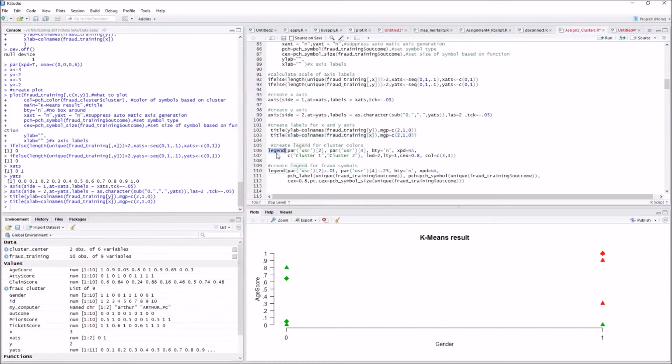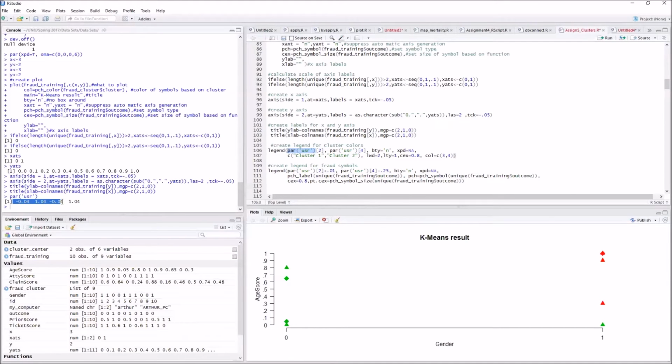Now the other thing we can do is we can actually create a legend. So here I'm going to say, hey, I need to give it an X and a Y position. You can see, well, wait, what's that par user thing? Whenever you render a graph, it basically stores the corners of the space that graph occupies. If I were to just execute that, you'd see over here that it has this space for the x1, x2, y1, y2 parameters, relative to this space. And we can use these to position things by basically saying, hey, we want to get to one edge or the other based on the value that's in what is essentially an array, right? So I'm picking this second value and this fourth value for my X and Y representation of where I would like to put this